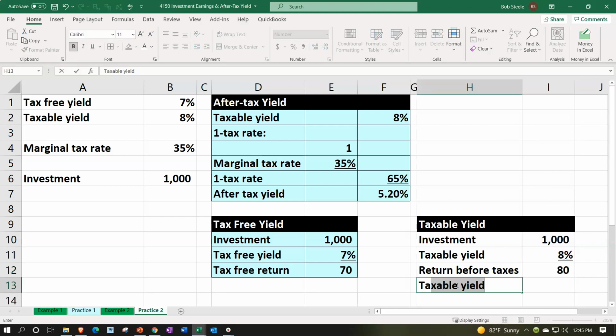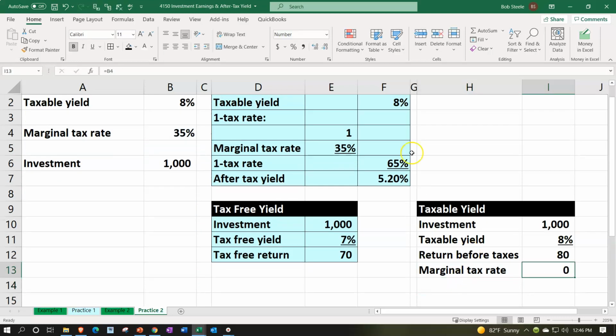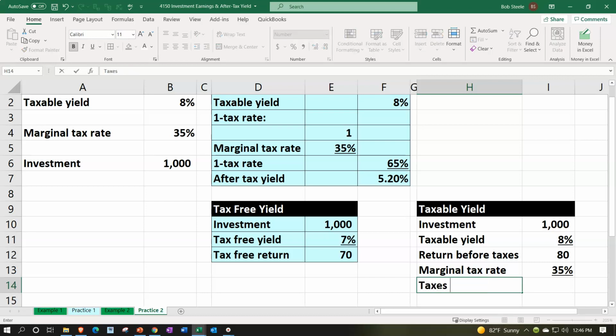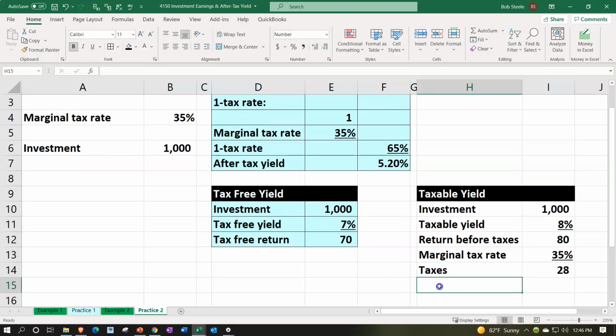But then we've got taxes, tax rate, let's say the marginal tax rate, because we're saying we just made this decision on the margin. So we're picking our highest tax bracket rate is 35%. The government's going to take from us. Font group and or number group, percentify, underline it, font group, and underline it. So that means we got taxes of equal to $80 times 35%, $28 in taxes,